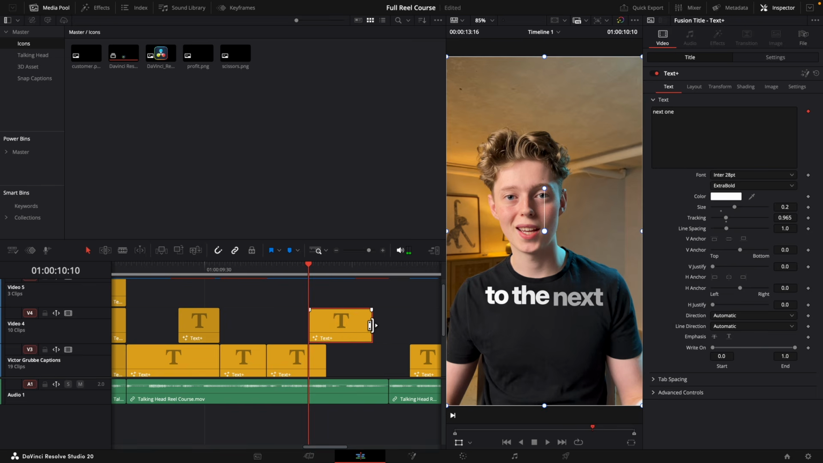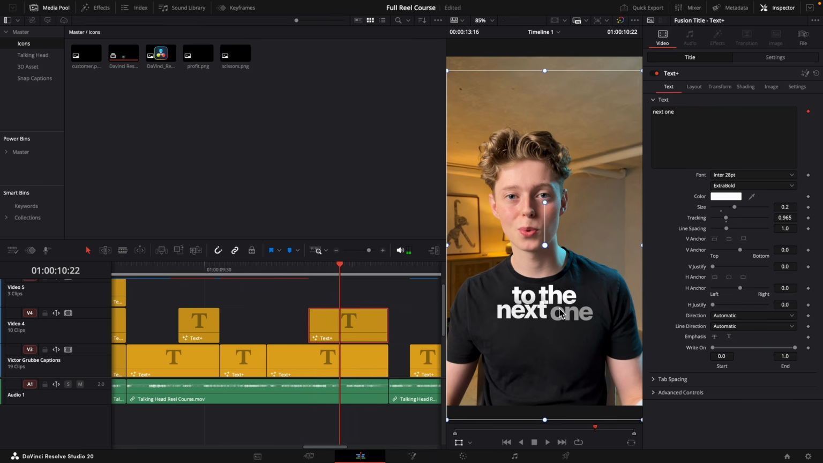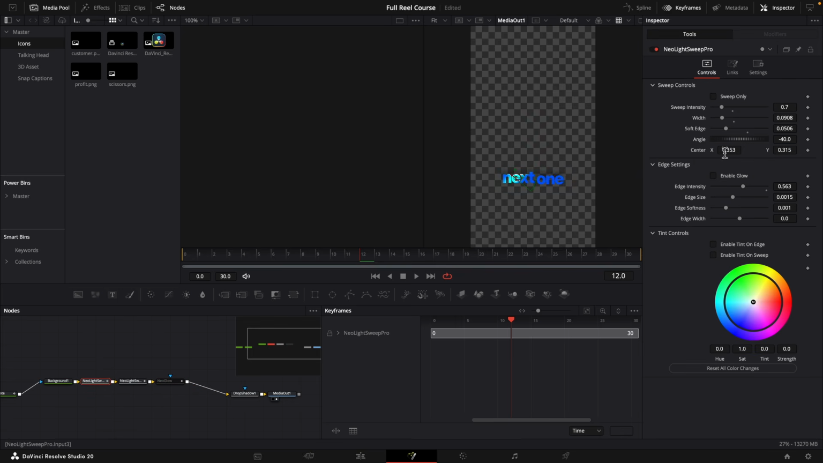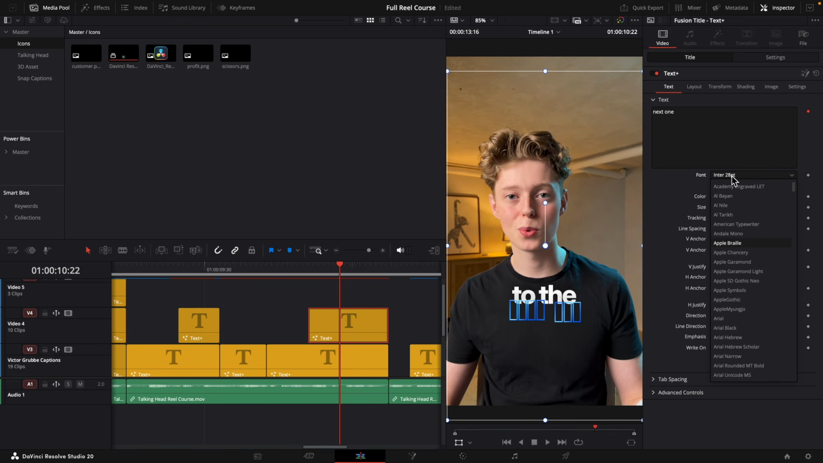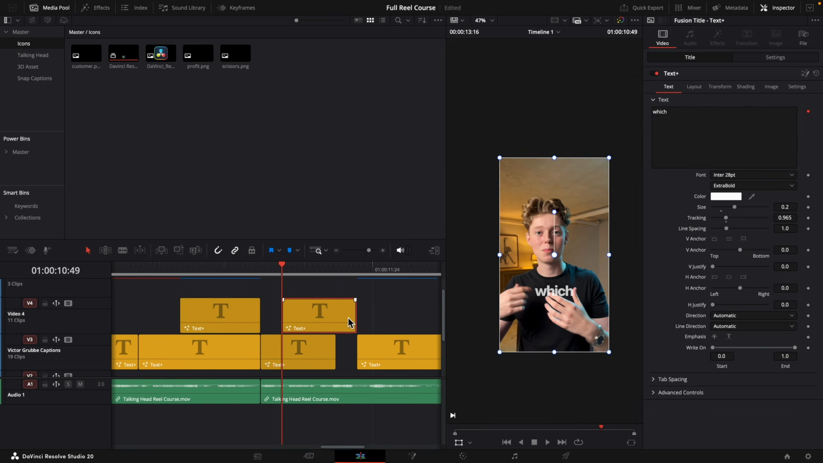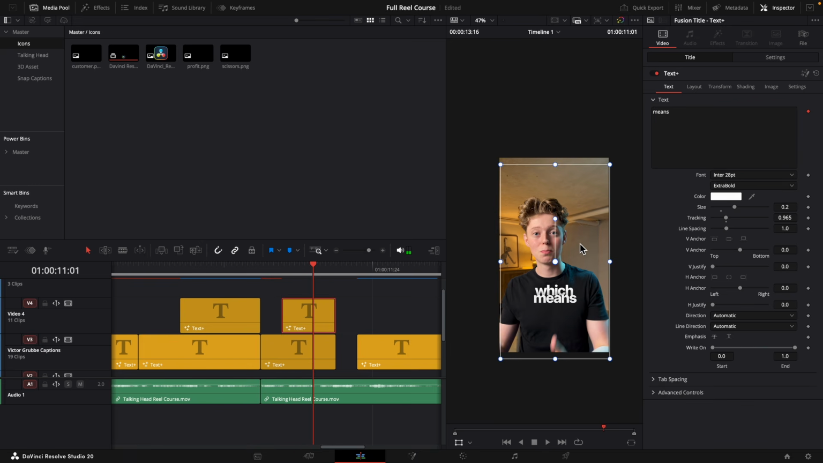And I can hear that it says next here, and then I'll just extend both of these and then remove the one that says next here, and I'll just drag down the one that says next one like this, jump into the Fusion page and remove the glow for it, and just take this one here and drag it over like this with the light sweep. And we can change the font if we want to Apple Garamond bold italic, just drag it a little bit on top, and this will just say which like this, and then I'll just copy it by holding Alt and dragging it up, and then we'll say means, and the one that says means I'll just drag down like this,